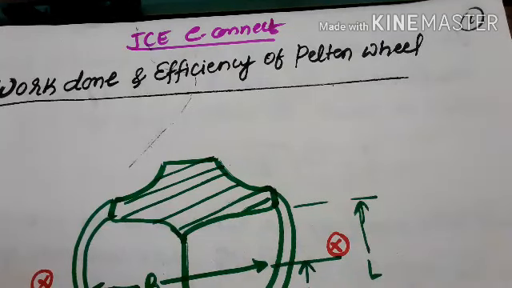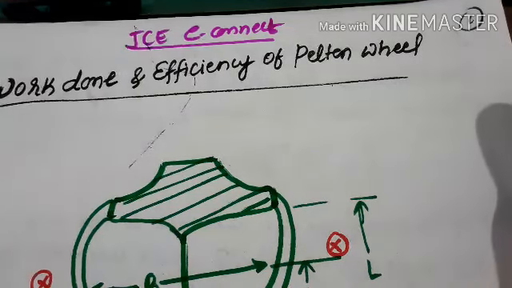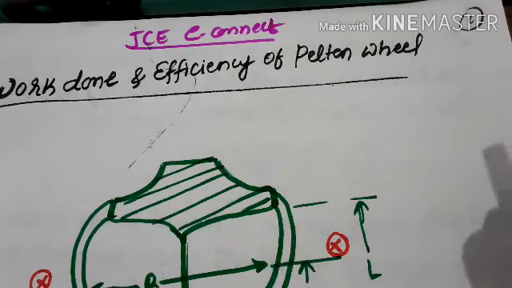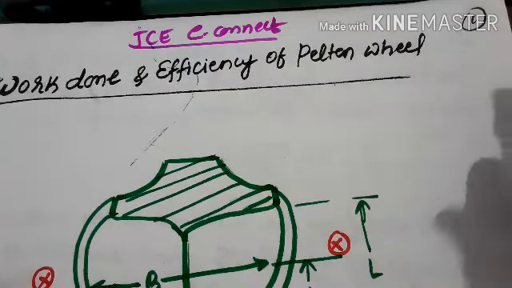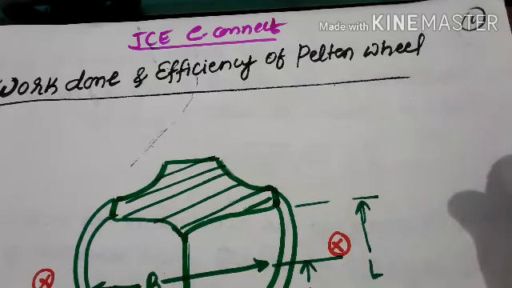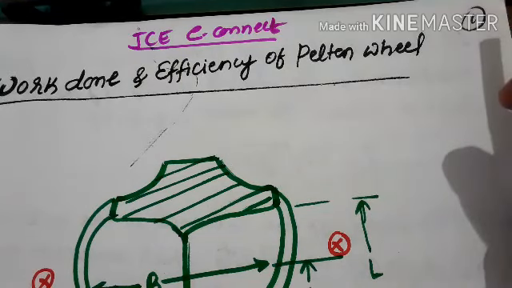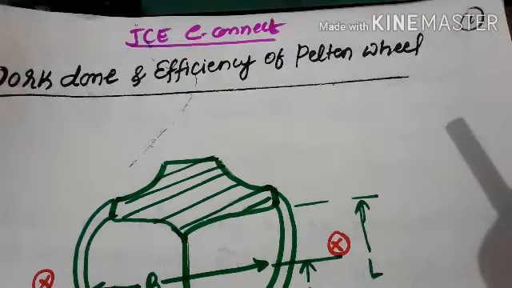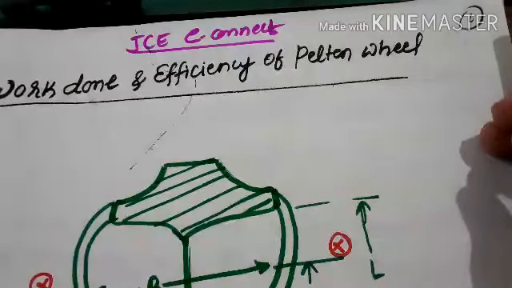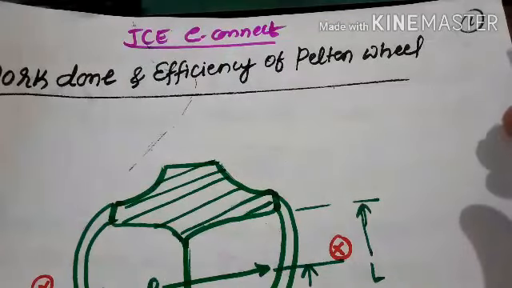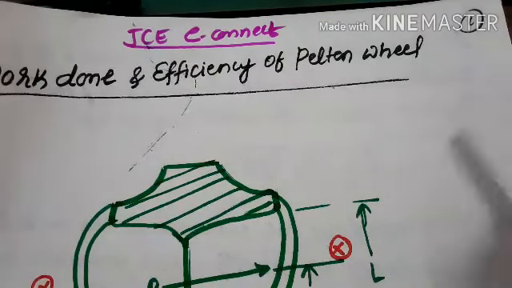In previous lecture, we have discussed about the Pelton wheel and its components and how to draw the velocity triangle for the Pelton wheel bucket. So in this particular session, we'll derive the equation for work done and efficiency of the Pelton wheel. For that we need to draw the velocity triangle, and from the velocity triangle we have to get the force exerted by the jet as well as the work done by the jet and efficiency of the Pelton wheel